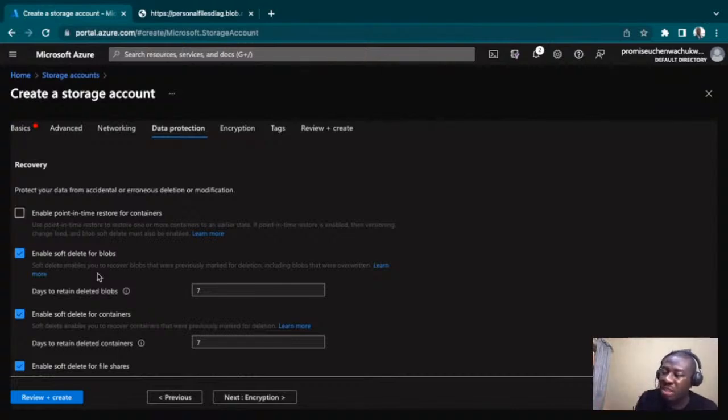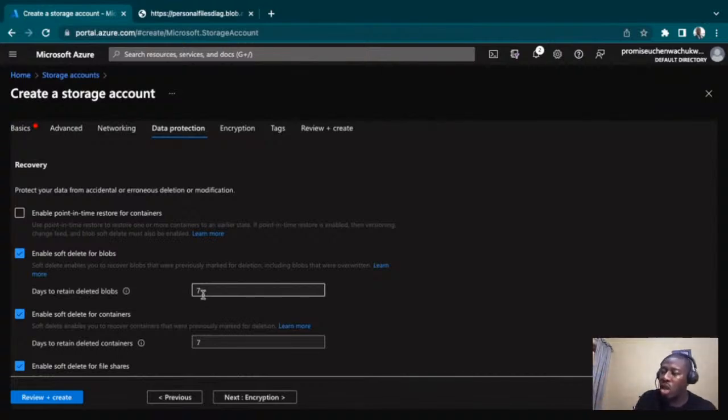Microsoft decided to come up with this feature called soft delete, which is like whenever you delete anything mistakenly, if you've enabled this feature before then, it goes into a recycle bin, meaning that it will be in that recycle bin for a certain amount of days which you would have pre-configured. So in this case, soft delete for blobs is 7 days, meaning that if you delete the blob, it will be available for you to restore it back in 7 days. After 7 days, it will be permanently deleted,